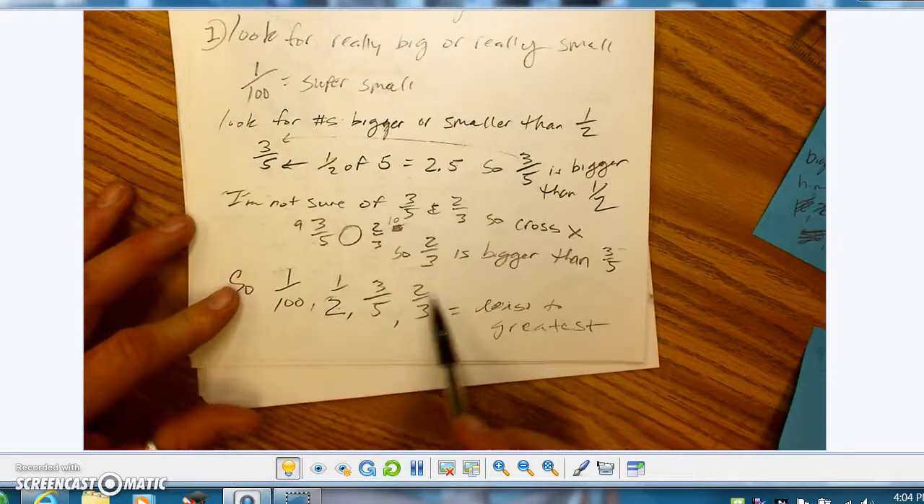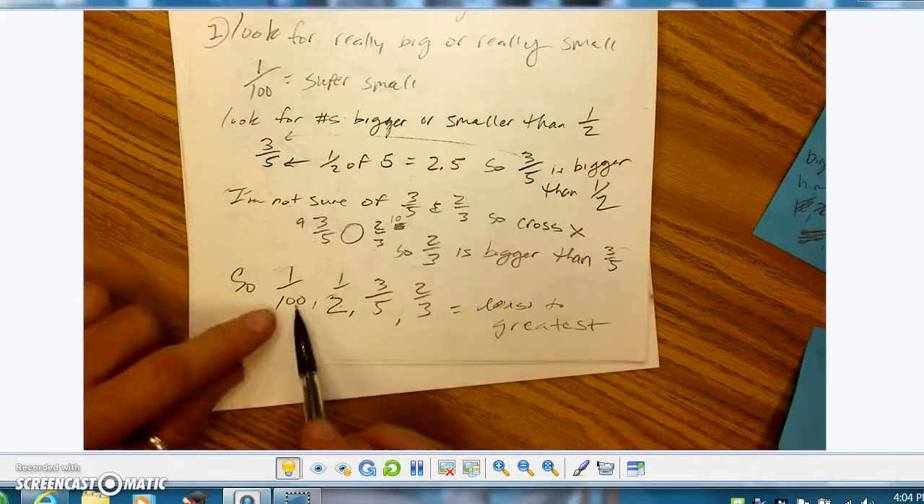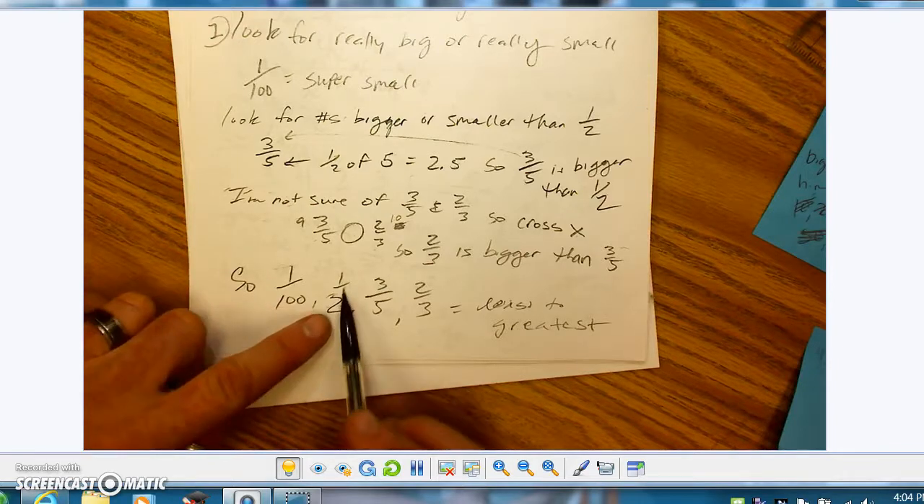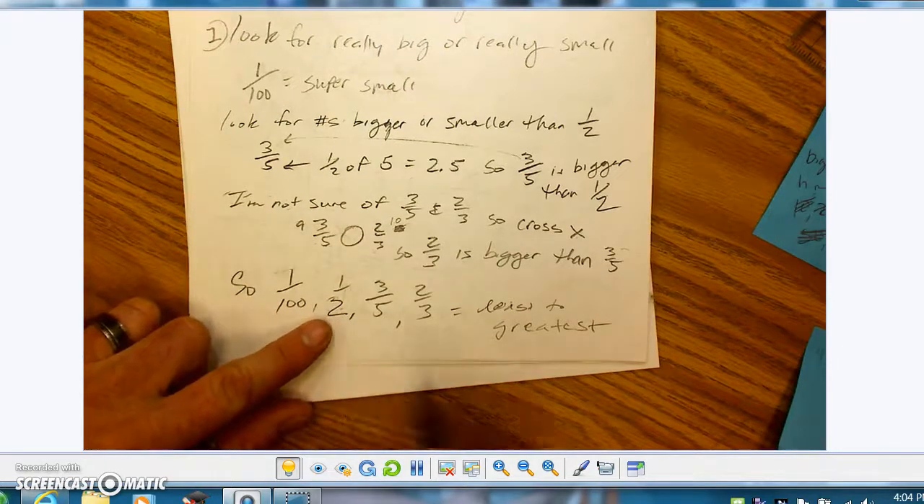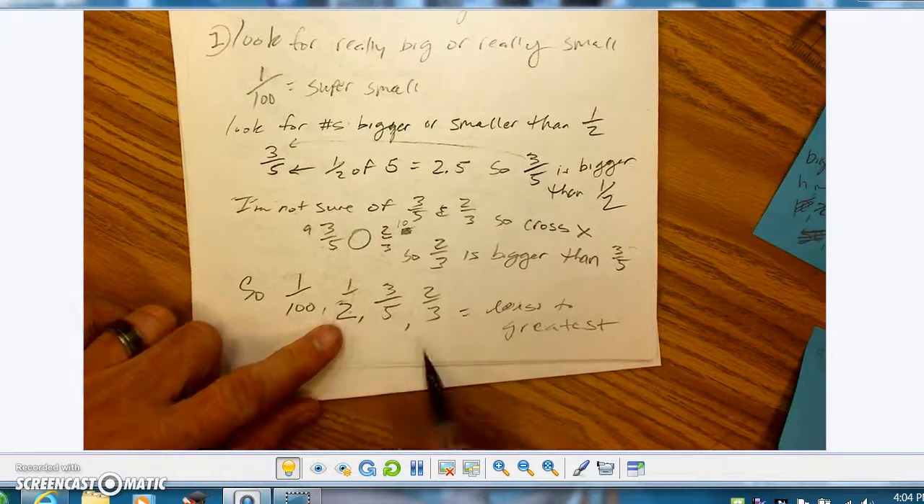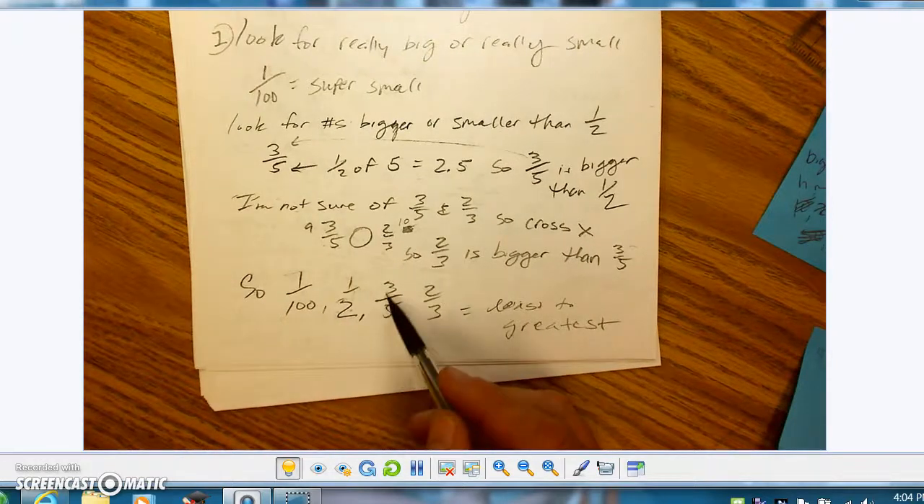So when I come down here and I start putting it all together, I know that 1/100th was super duper small. I then know that that half was next because he's my benchmark guy. He's the one that I kind of compare everyone else to. I know that 3/5